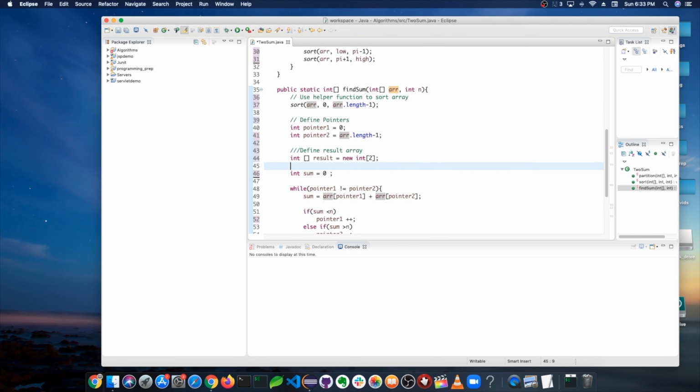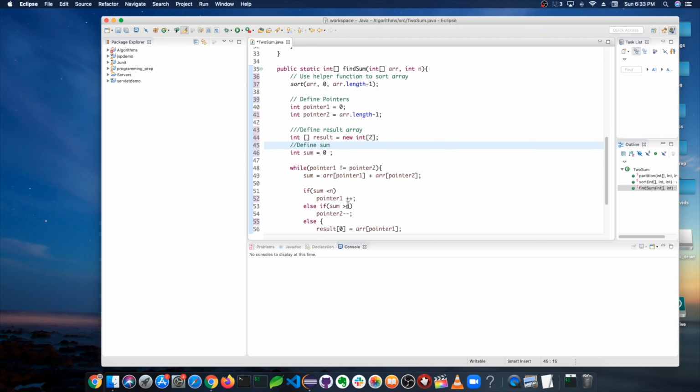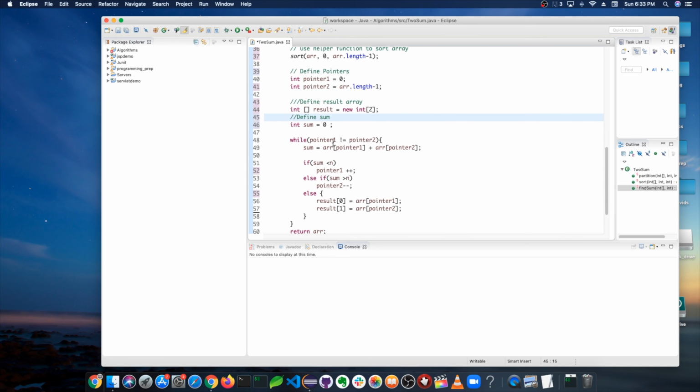I should probably do something like that. Yeah. We want a 2-element array, and then we want to define our sum, and then we're going to run a while loop, and basically while pointer 1 is not equal to pointer 2, what we want to do is